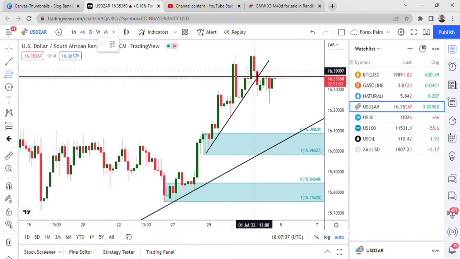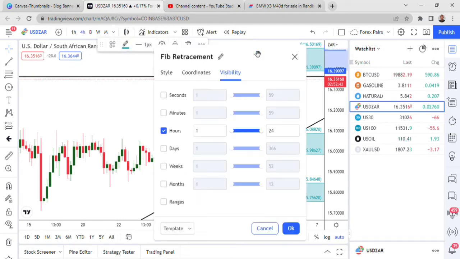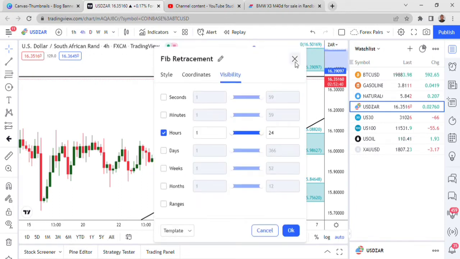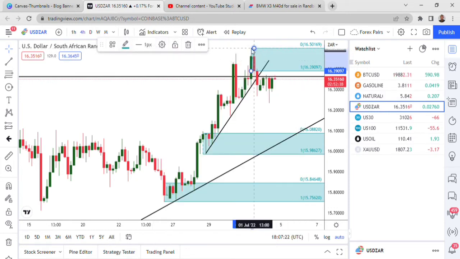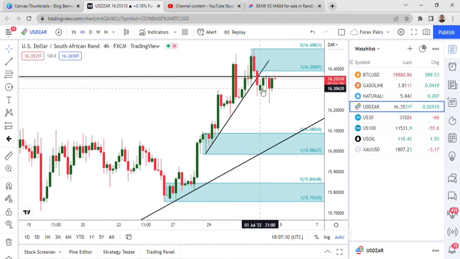The highest point we had was this one, which means this is my area of resistance on H4. And this area of resistance, remember, is inside what? The weekly, because remember on weekly we do have, what do you call this, we hit the weekly opposing structure, which is the weekly resistance. So this H4 resistance is definitely inside that weekly and is the one that gave us this move that broke